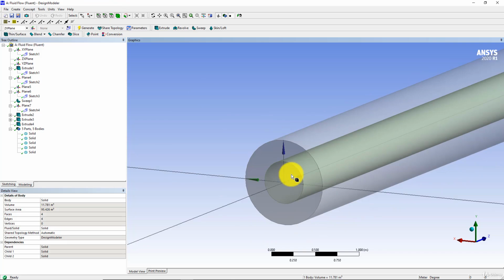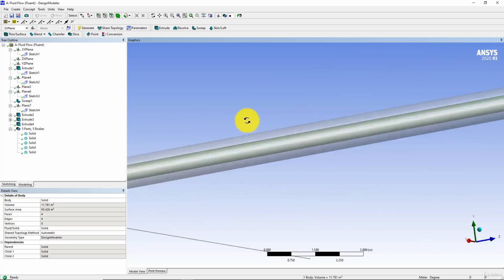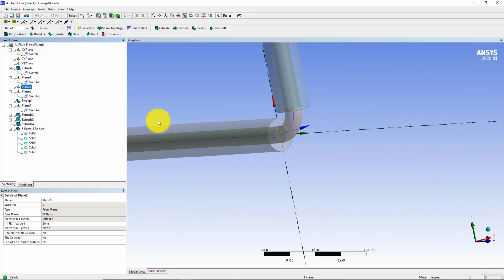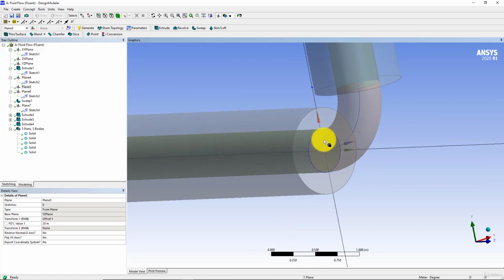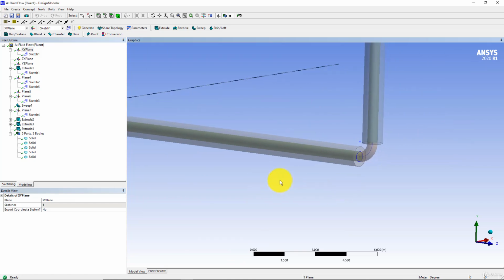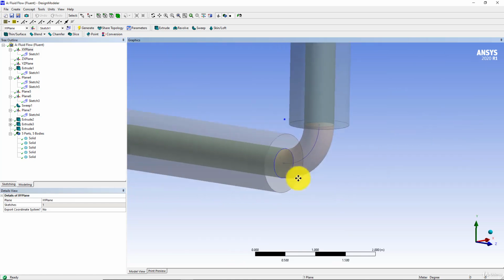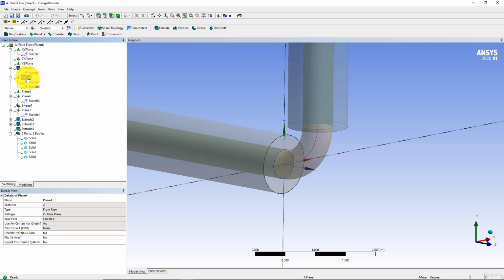We start with this inner side, and we use the plane number 5, which is here, and we use this plane to create the rectangular geometry, a square geometry, and that will be used to decompose this small circle, this small cylinder, into 2 parts. So one is the inside square pipe, and second will be the outer remaining part of this small cylindrical pipe. And now we are going to use the slice command, and we slice this inner geometry with the help of the square. And for that we use the plane number 4,